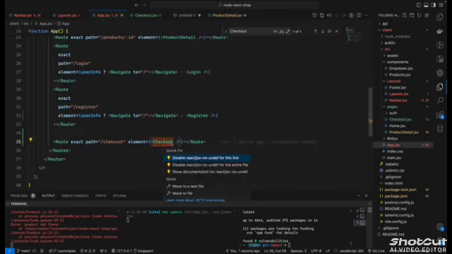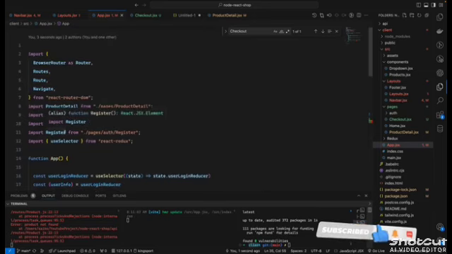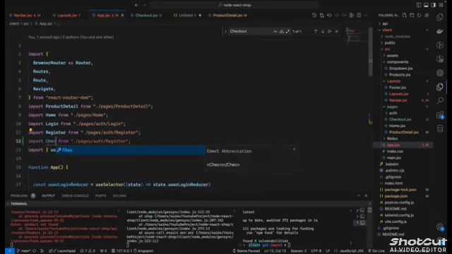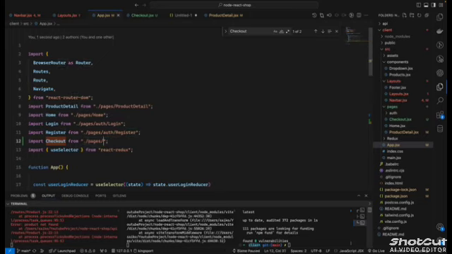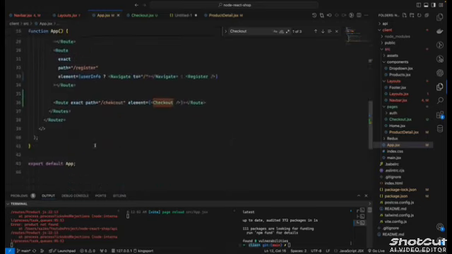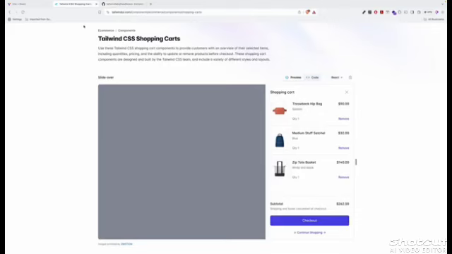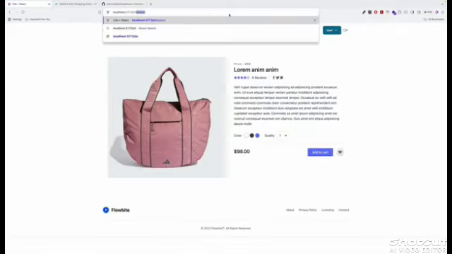So I will import it from the pages. Okay, I will copy and I will say Checkout from the page. Under the pages folder, we have checkout. So this checkout should be okay to call. Yeah. So when I go here, if I go to the checkout,